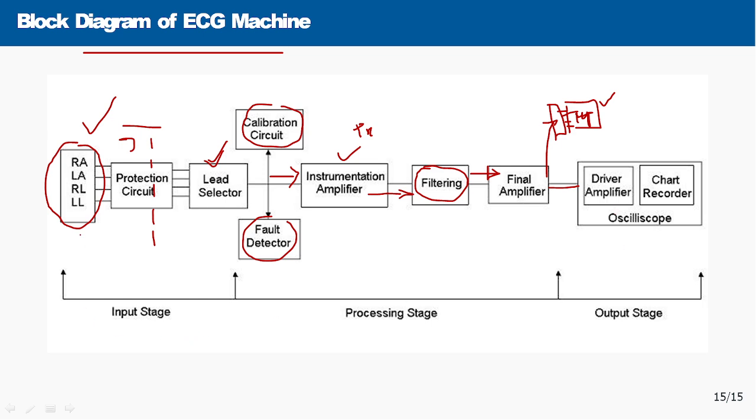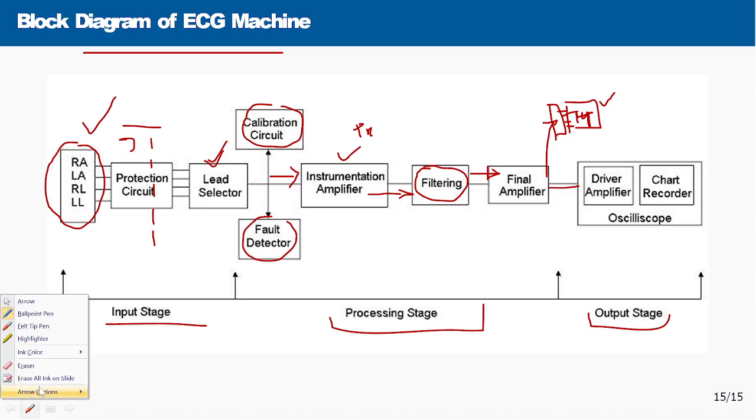So the ECG machine has 3 stages. First is the input stage, second is the signal processing stage, and third is the output stage. So this is the manner in which we can